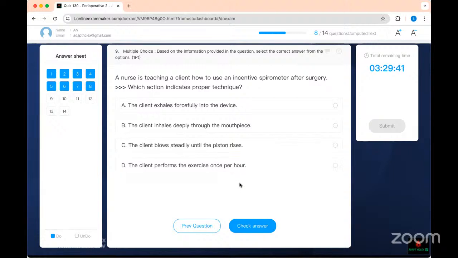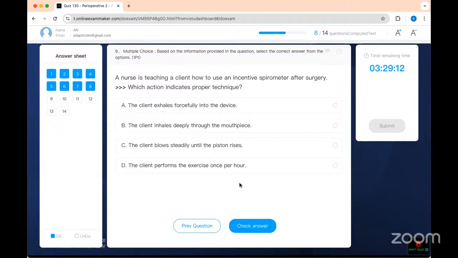The thing is designed to increase your lung function. So how can you expand your lung? Think about yourself. That's the way I let people think about it. How can I make your lung bigger? The idea of incentive spirometer is to help your lung get bigger. Well, if you blow out, your lung gets smaller. So the best way is to blow in, right? That means you suck in. So sucking in,